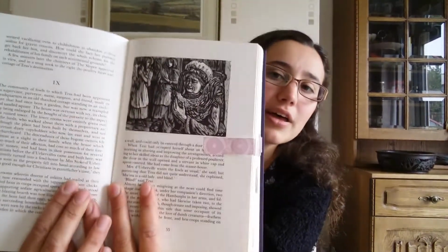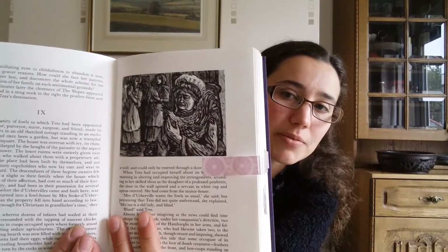Firstly, the chickens that she goes to look after for Mrs. d'Urberville, Alec's mum. I've got a little picture there of Tess taking the chickens to Mrs. d'Urberville. And Tess actually doubts her ability to look after these chickens, and it's her mum who reassures her and says, look, you grew up with poultry, so you know how to look after them. And Tess does take to this job quite well, and she takes to looking after the songbirds, whistling to them, looking after them. There are moments where Tess is shown to be quite happy and optimistic in this role,